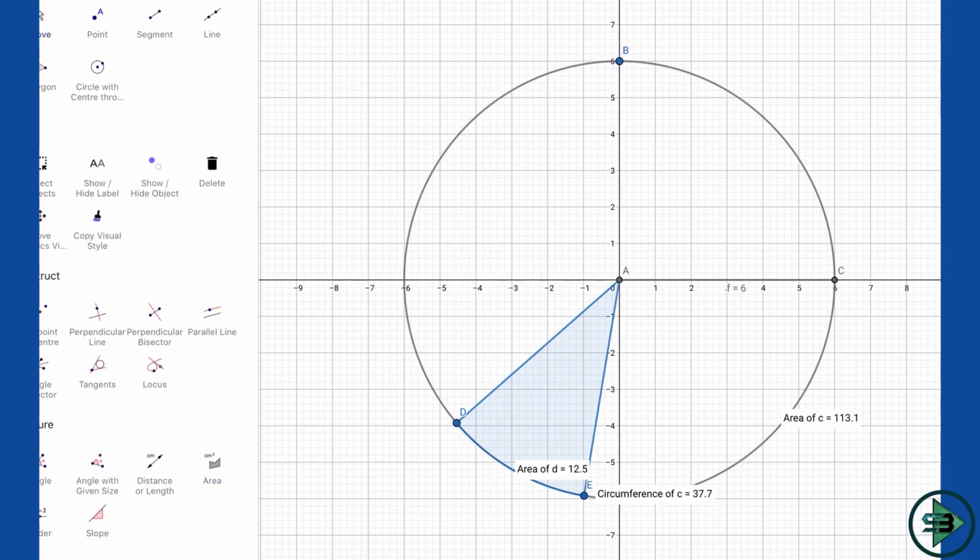Now if you increase this sector, obviously the area will increase, right? Because you're making the slice of the pizza bigger and bigger, the area will keep on increasing. If you make this sector so big that it covers the circle, eventually it will become 113.1, which is exactly the area of the circle. And if I keep on reducing, this is what it will be, a sector. So this becomes your sector, the area of the sector.